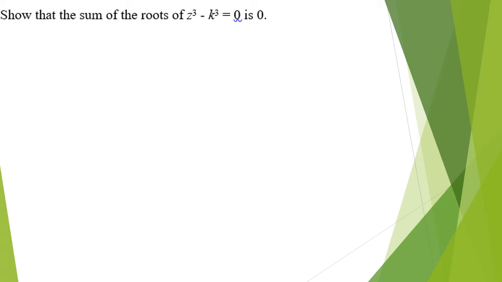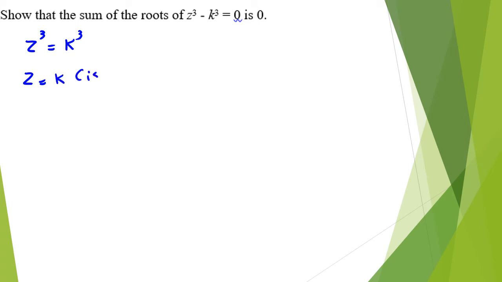Now show the sum of the roots. So first of all, the first step is you need to find the roots. To find the roots, you're going to use the root theory. So z to the power of 3 equals k cubed. Now to find the three roots, this is a cubic root, so that means it has 3 different roots. To find the 3 different roots, you take the cubic root first of k cubed, which is